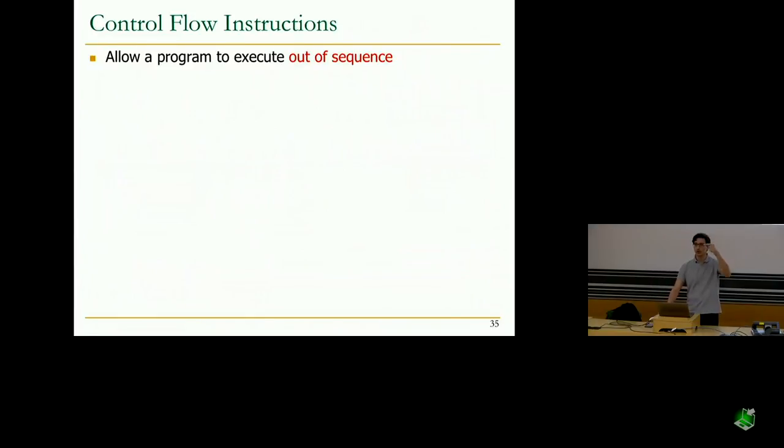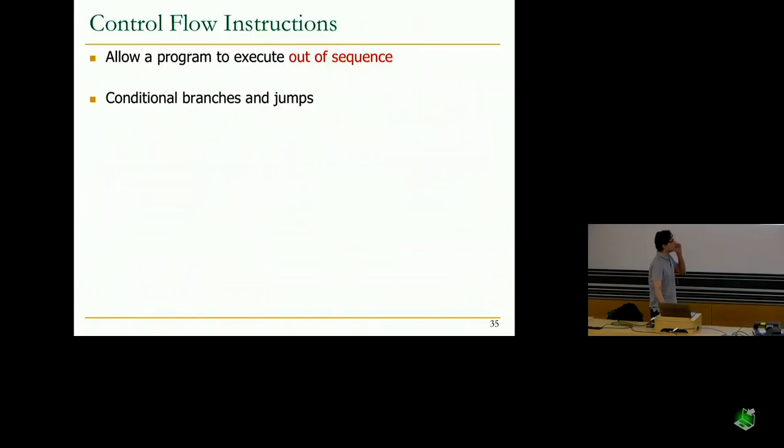By default, what we do in a program is execute one instruction after the other. And changing this sequence of execution is useful in many cases. For example, when we want to call functions, or when we want to implement, for example, if-else statements, or things like while loops or